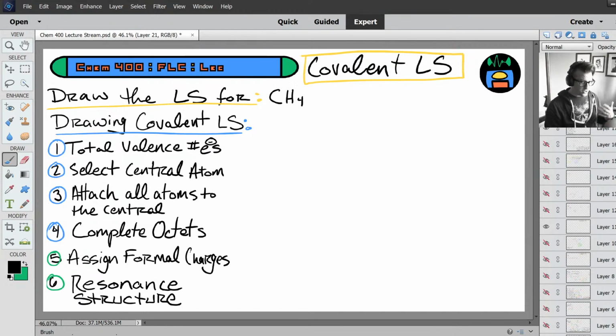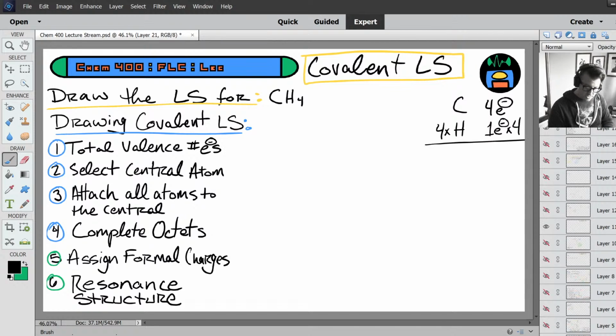To do that, we need to look at how many valence electrons each atom has. And carbon has 4 valence electrons. You can look at the periodic table. It's in the 4th column. Hydrogen only has 1, but because we have 4 of them, we got to multiply that 1 by 4, giving us a total of